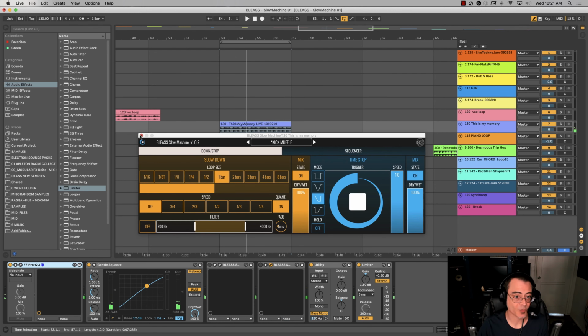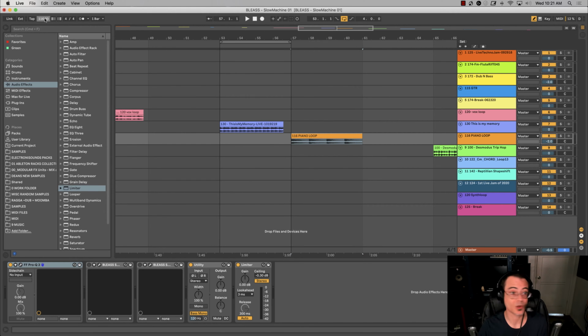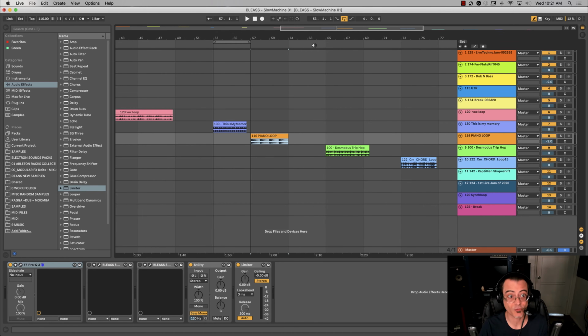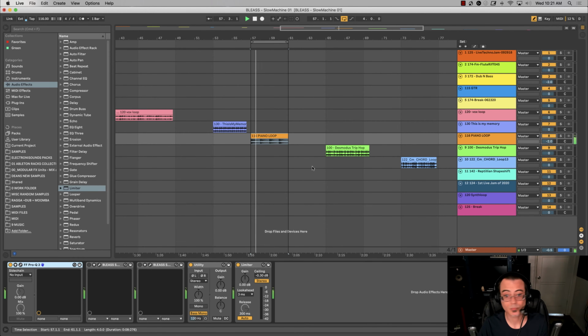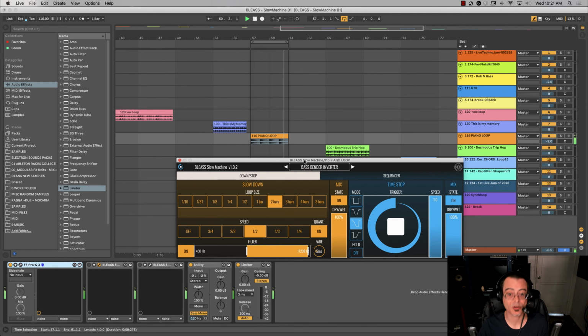I really think that the variety that this Slow Machine will add to your sounds is great, no matter whether you put it on your master bus and affect the full track, or just put it on one loop or one track from the track, maybe something like this piano here. Right, just a big, rich piano sound. But if we take the Slow Machine preset called Bass Bender Inverter and we drop it on that piano,